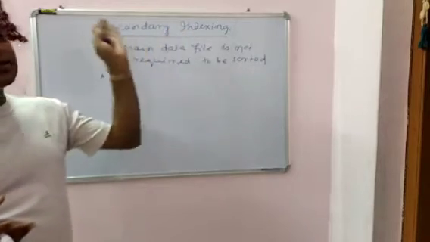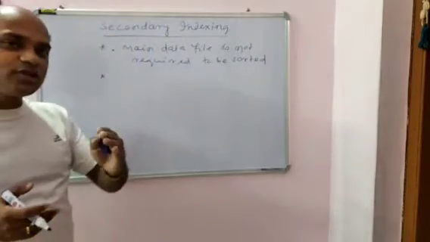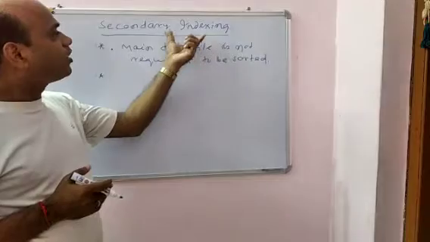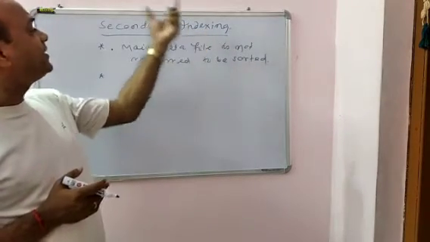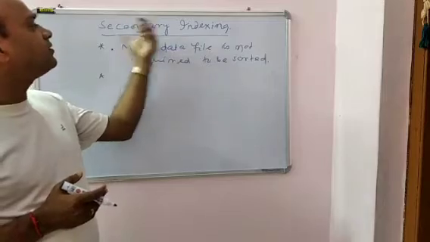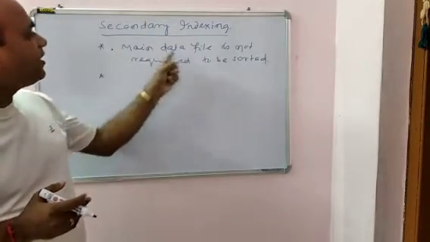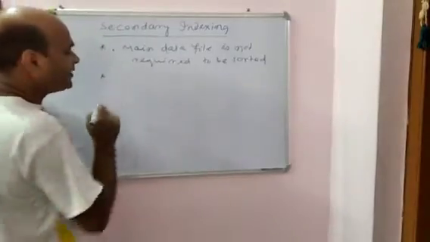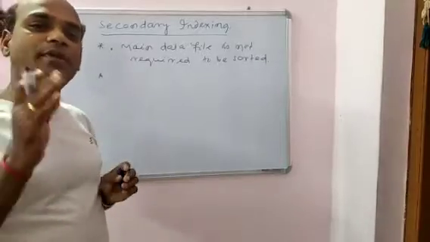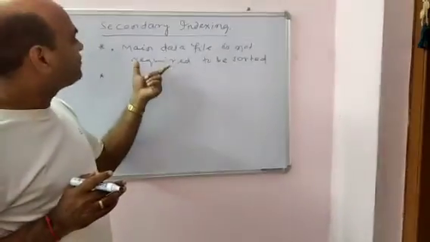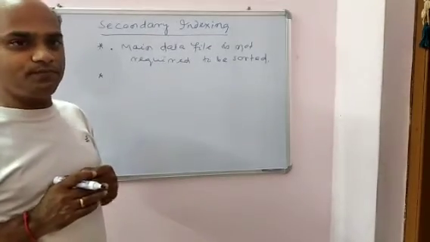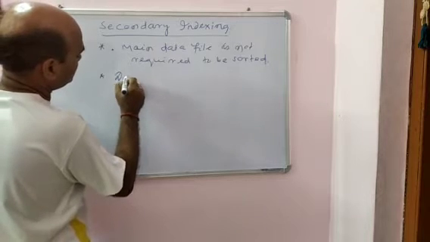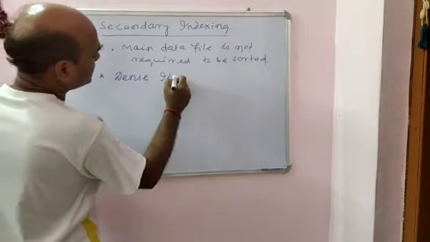An index file is already created, but we are searching in another way. We will give an example for that. The additional index file, when required, is the secondary indexing. Here the main file is not sorted, and in the index file, an index entry is required for every record of the main file. That means it is dense. It is a type of dense indexing.